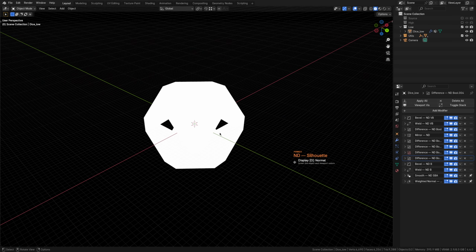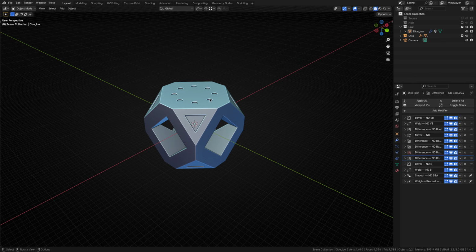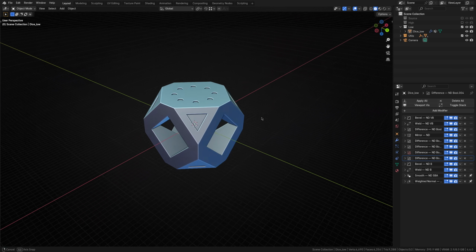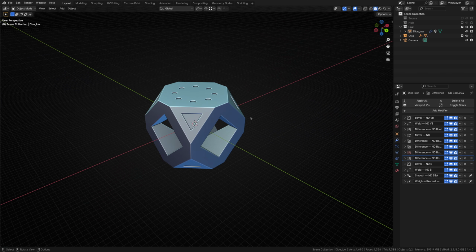However, I would limit this to details that are mostly surface level, such as these circular indents at the top and the triangular indents at the corners. Even if a detail doesn't affect the silhouette, but it is more than surface level, as in perhaps it cuts quite deeply into the object, attempting to bake it will result in a less than ideal result. Normal maps are incredible in terms of the detail they can fake, but they have limits.